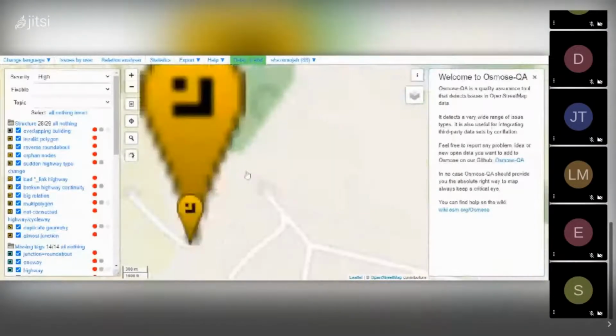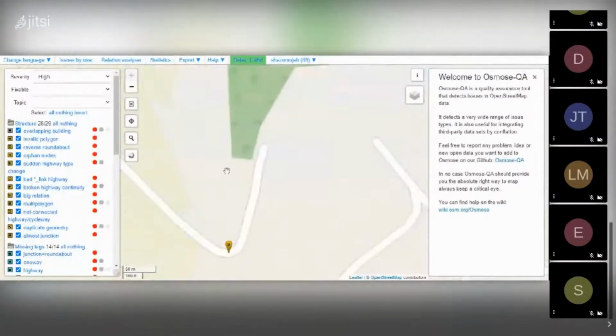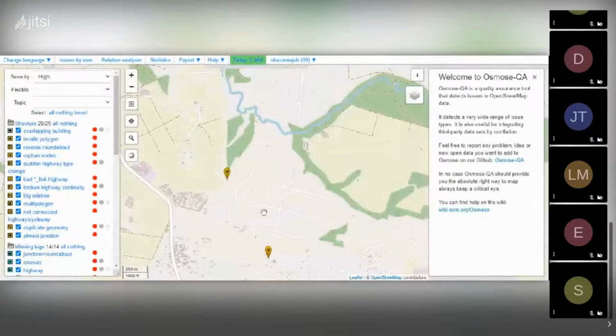Where it was, somewhere, it's not visible. The error that we corrected is deleted now from the highlighted errors in Osmose. Yeah, so basically that's how